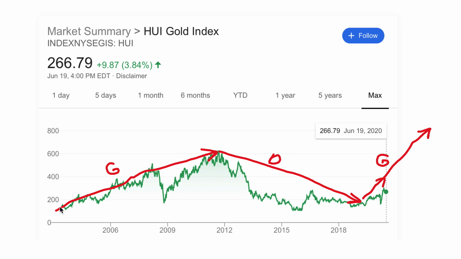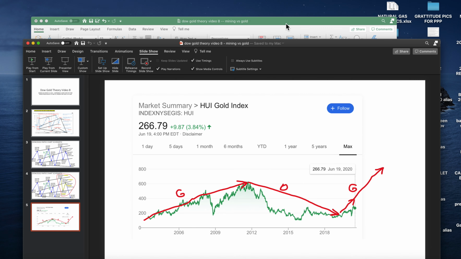But nevertheless, the only thing my theory says is that you be in gold through that whole segment, and likewise gold this segment, which started basically in October of 2018. And you notice it doesn't pick the exact low in gold. So this theory doesn't pick the exact low or the high, but it's better than just being all in gold or all in the Dow, as I've shown in the first part of the video.